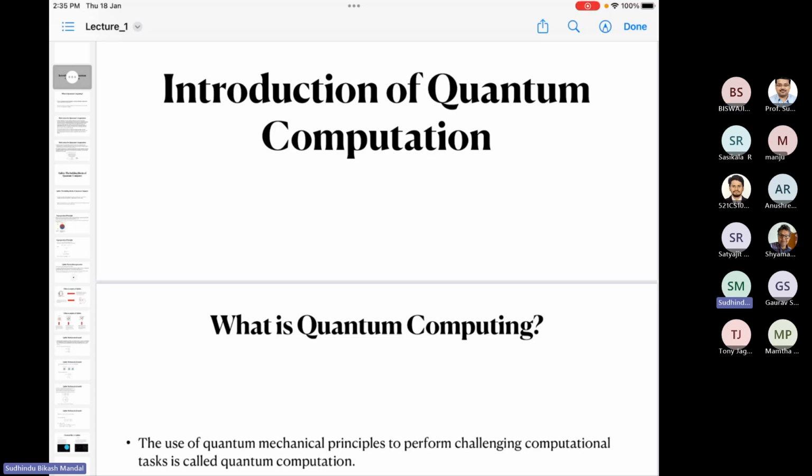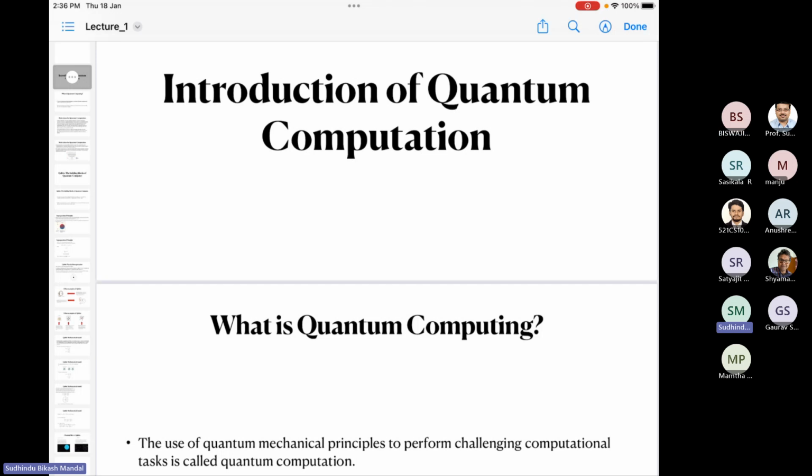In my talk, I will try to describe the quantum Fourier transform algorithm and how we can convert this quantum Fourier transform expression to a quantum circuit. To understand this, we need to know a little bit about some ingredients of quantum circuits and how they are used in a quantum circuit. I will discuss these things.